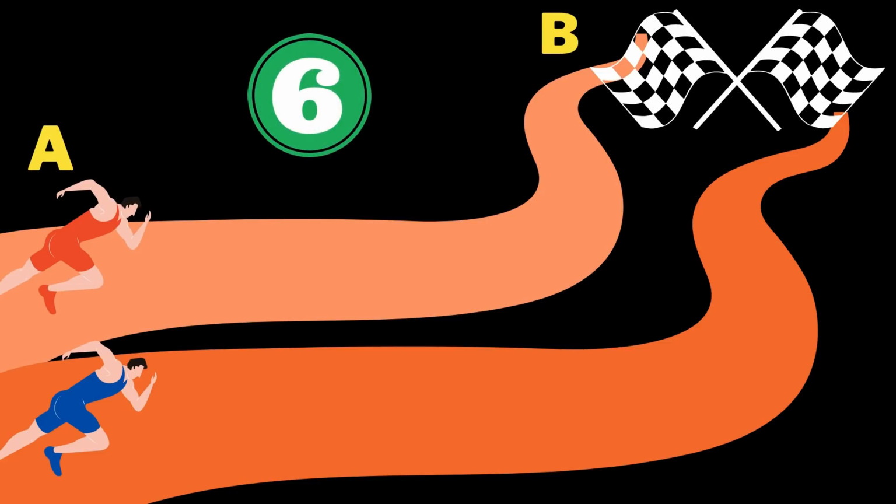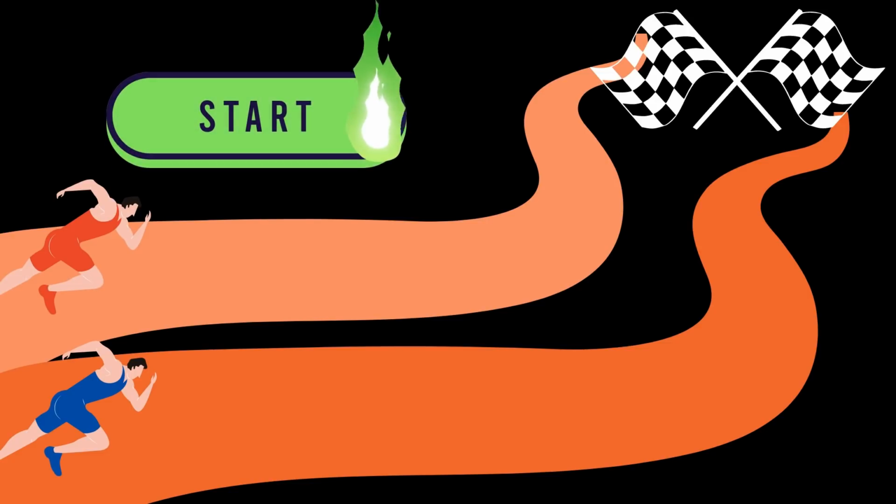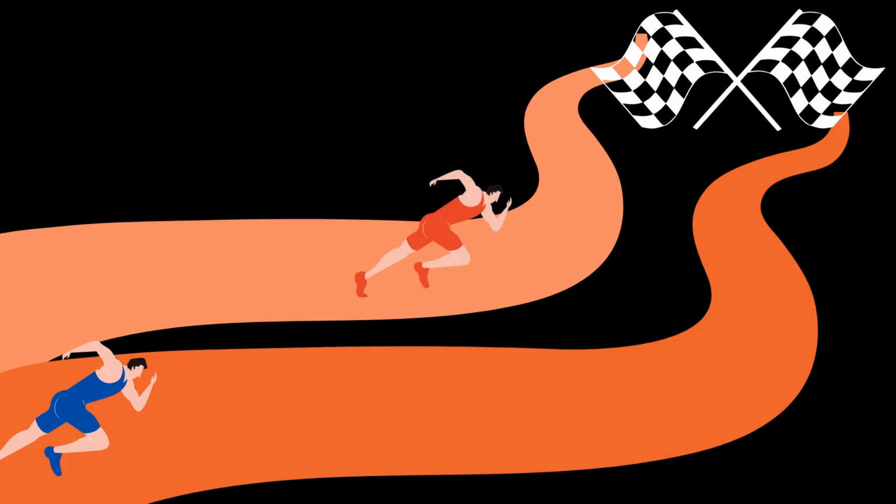They were supposed to finish a race going from point A to point B, and this race was supposed to be finished in a matter of 6 minutes. Now, athlete A was very dedicated, so the moment the race started, he started running. On the other hand, athlete B took things lightly in the beginning. He thought he would start off a little late, and then he probably waited for some time before actually realizing that, oh, now it's the time to start running.